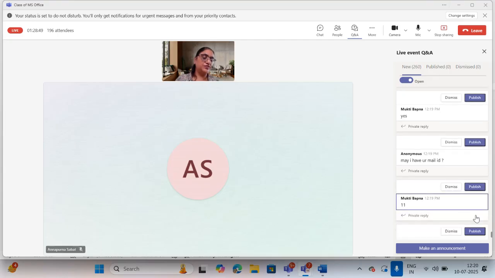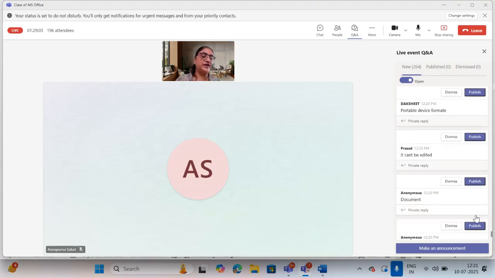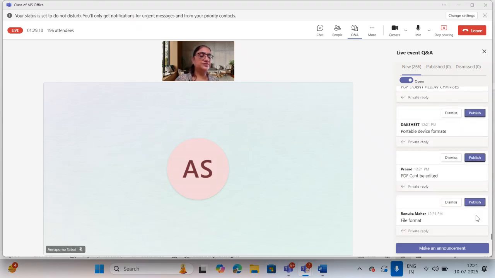Anybody knows what is PDF? No. Dakshit, you should correct it. You know, but it's not right. It is portable document format, not device format. Yes, portable document format. And now let me clarify why there is a need to convert your document into PDF before submitting the reports or anywhere, because